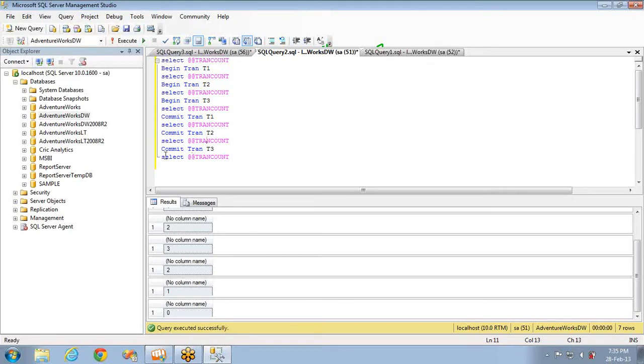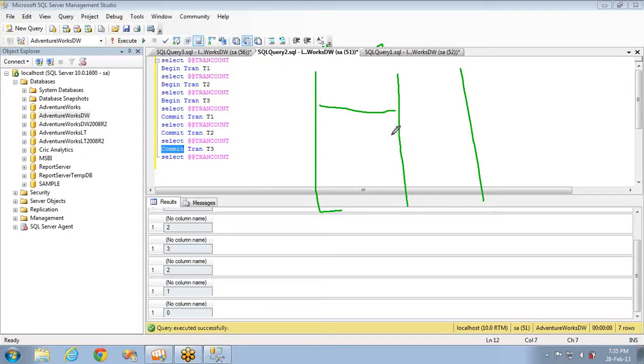What will happen if you roll back this particular transaction? If you commit all the inner transactions and you roll back the outermost one, then it will roll back everything. For example, to draw that, if these three are the transactions that are running, if you commit the first one, and if you roll back the second one, that is from here, then everything will be rolled back. Nothing will be there. So it depends on the outermost one. If the outermost one is rolled back, then everything will be rolled back. Nothing will be committed. No changes will be taken into consideration.